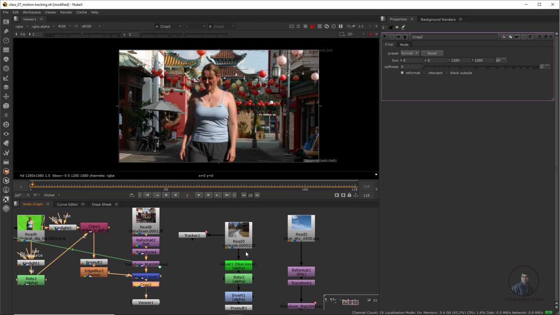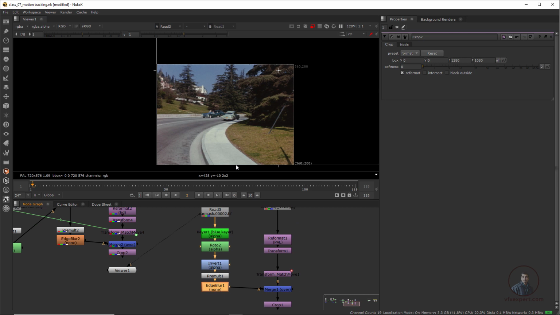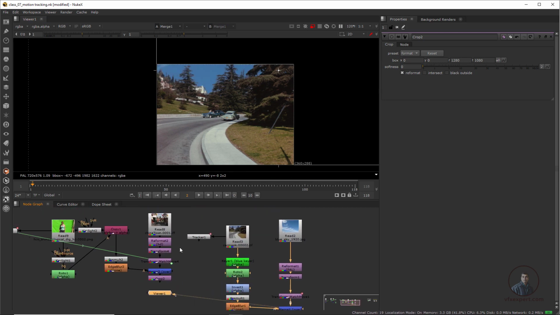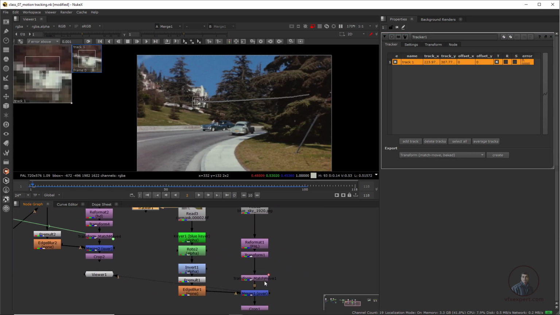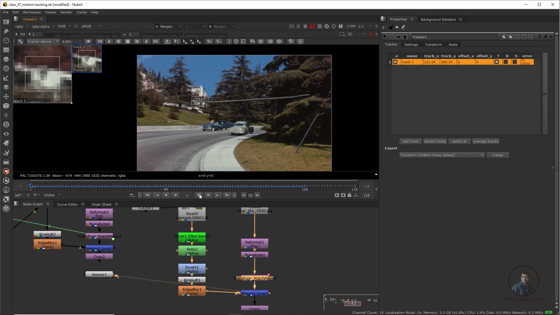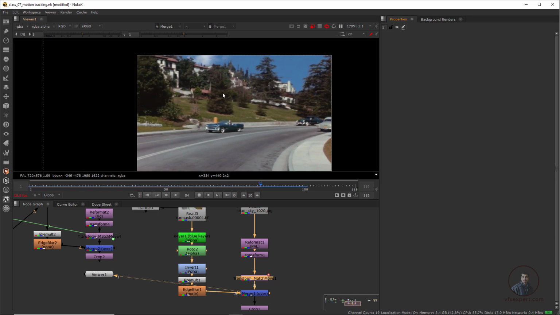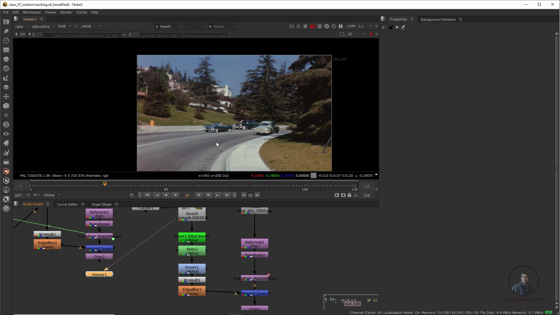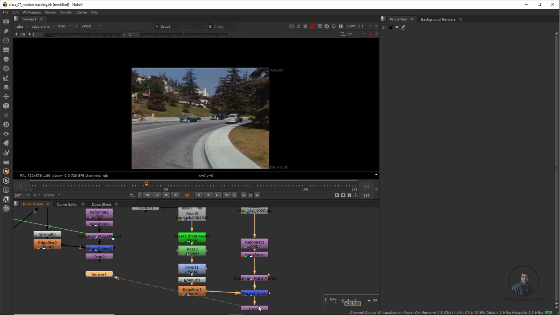Now one more shot for one point tracking: this is sky replacement. Again this is our shot. I have removed this sky, then placed another sky here, then tracked this shot, generated tracking data and connected it here. Now if you see this sky replacement shot, this sky is matching with our original footage. Now again play and check. This is our original shot and this is our final output here. So now you can see.